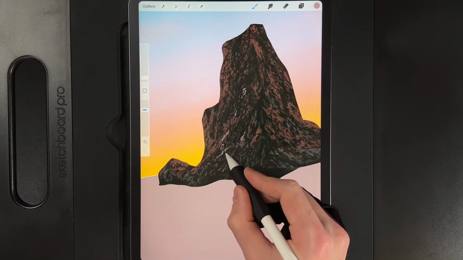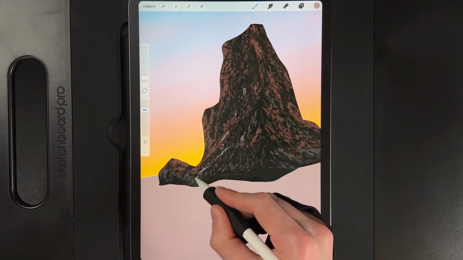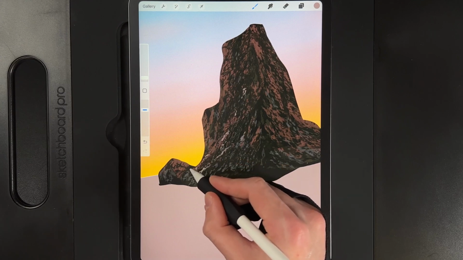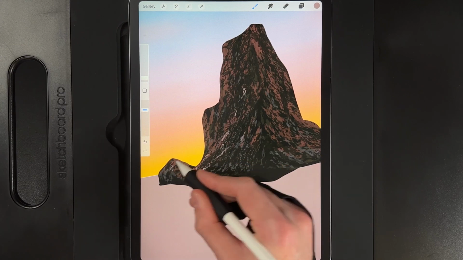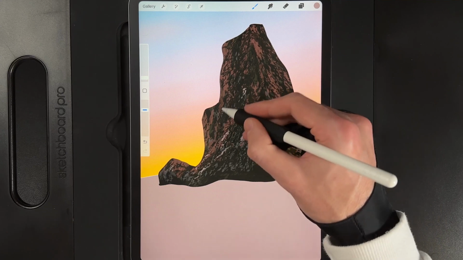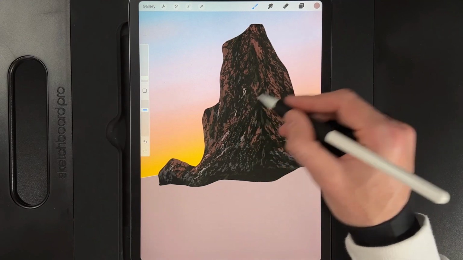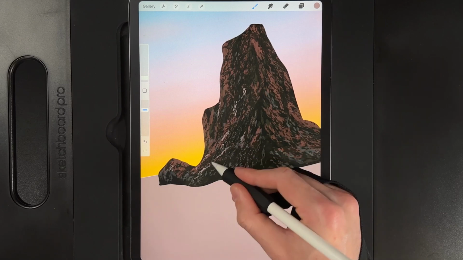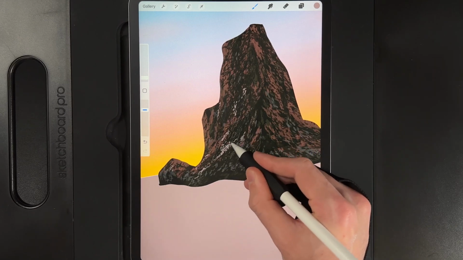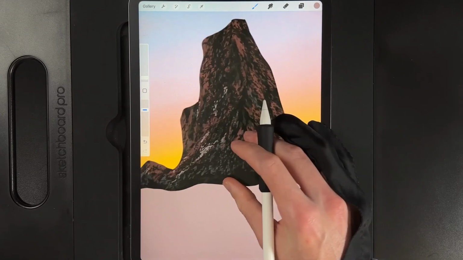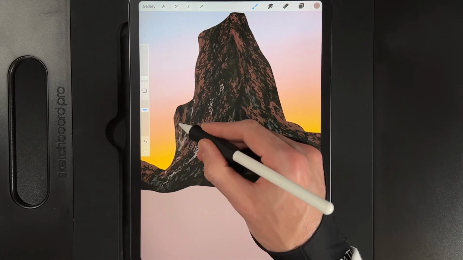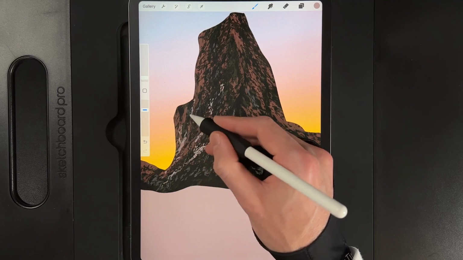So maybe here, just draw in a line that maybe runs all the way down to the sea. You can maybe add in some stone on here too. This is a very, very important step in this, because this defines a lot of the edges. So a lot more of the grooves and running lines of the actual shape. So a little bit of a bigger block of colour here. I'm going to start to be a bit brave in this area here, just creating some more